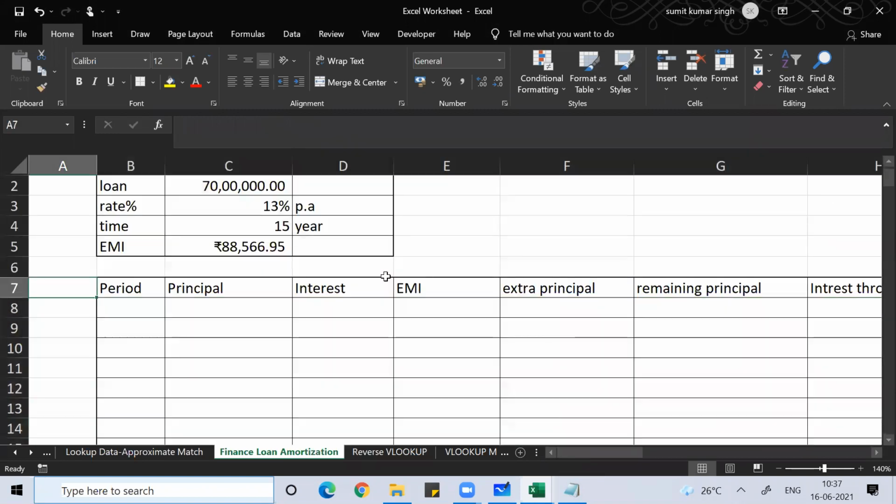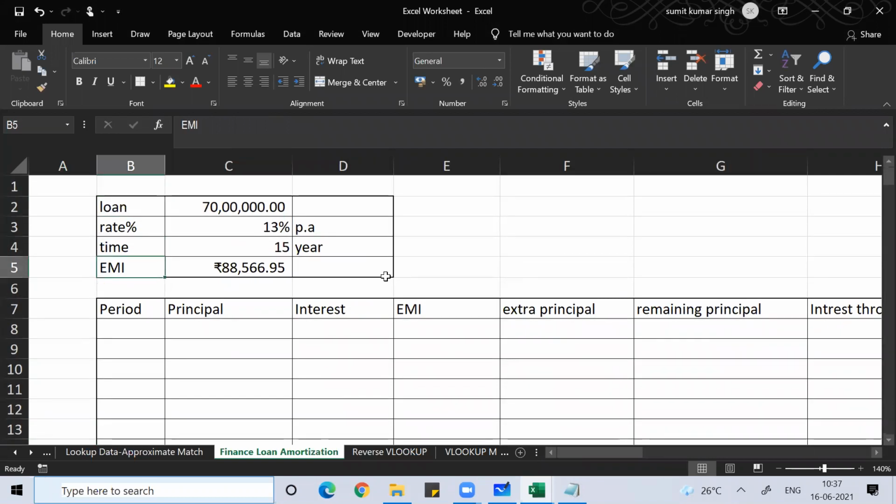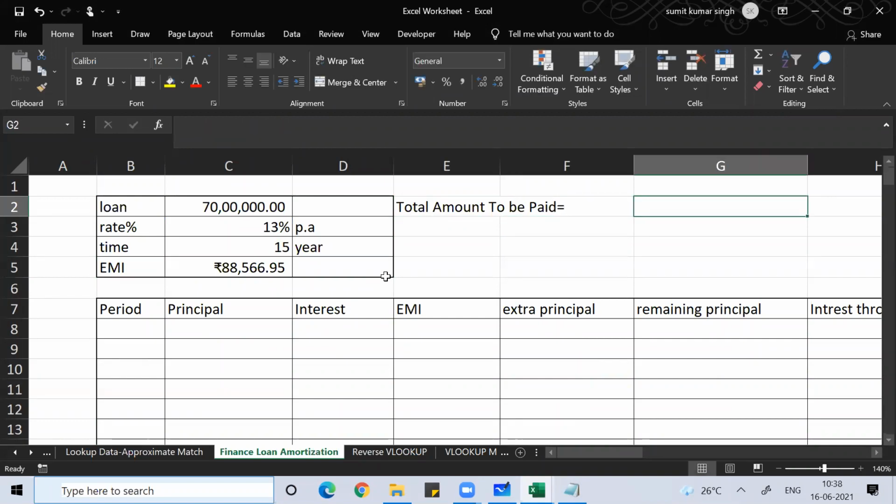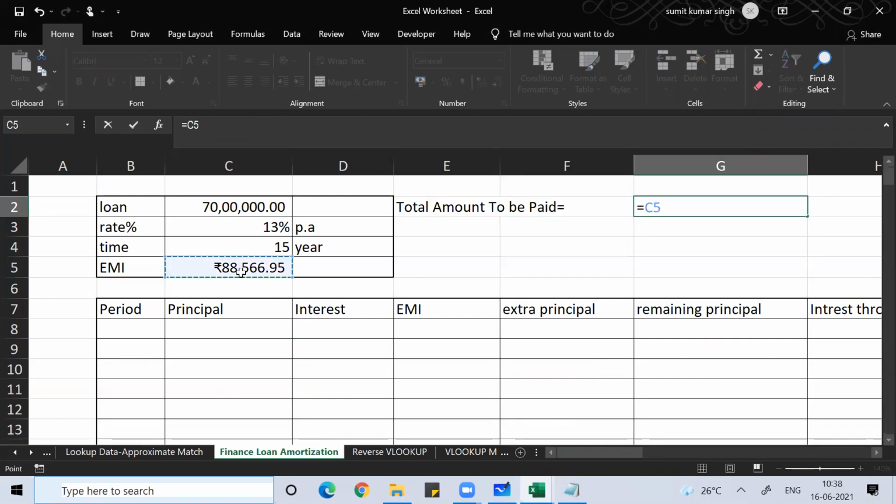So then the EMI figure came as 88,566.95. Guys, this figure, the total amount to be paid. If I find the total amount to be paid to the bank, I'm paying this amount for how much time period?